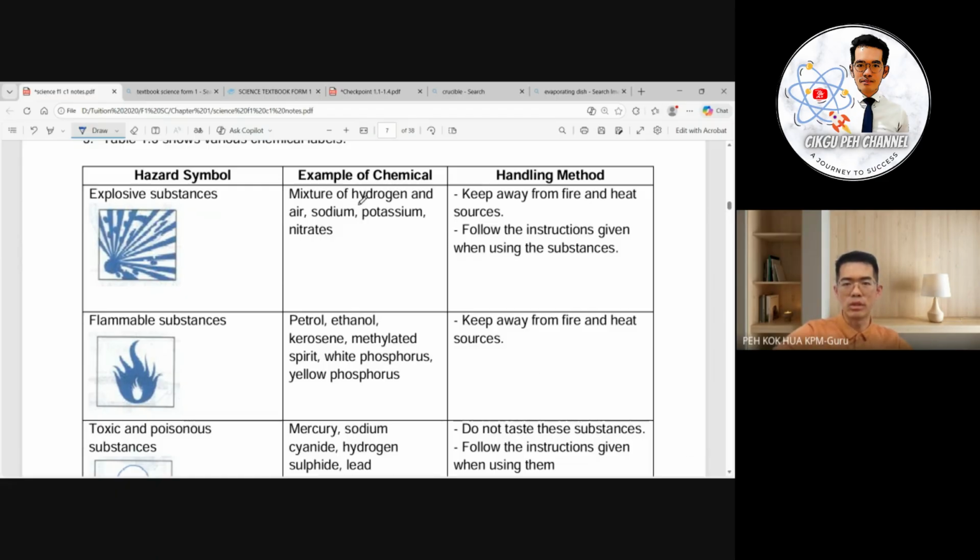So examples of chemicals: a mixture of hydrogen and air, sodium, potassium nitrate. Okay, so if you ask me how to translate what sodium is,